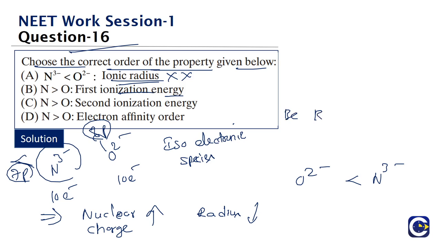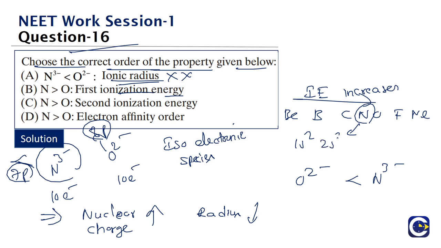So beryllium, boron, carbon, nitrogen, oxygen, fluorine, neon. When we move from left to right, the ionization energy values increase. But the nitrogen value will be more than oxygen. Why? Because nitrogen has the electronic arrangement of a half-filled p structure, 2p3. Since the half-filled p structure is a stable one, to remove an electron we have to supply more energy than in the case of oxygen. So the first ionization energy of nitrogen is more than oxygen.